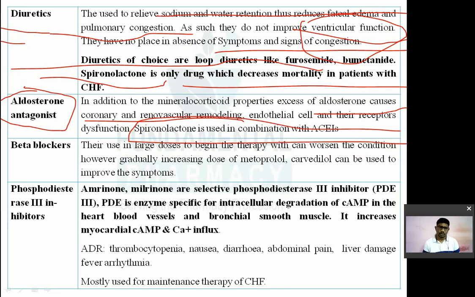Now beta blockers, another category. Beta blockers like your propranolol and metoprolol, atenolol, etc. So in large doses, they are used in large doses to begin the therapy, which can worsen